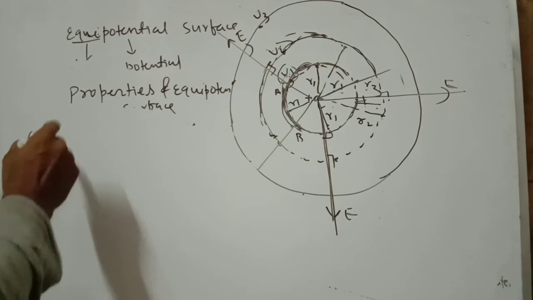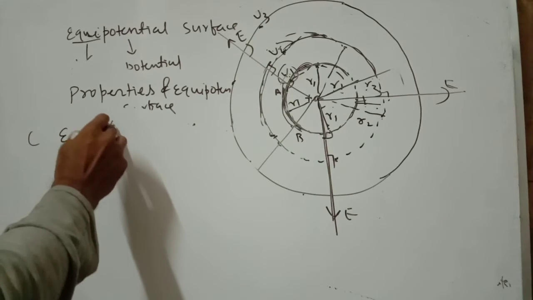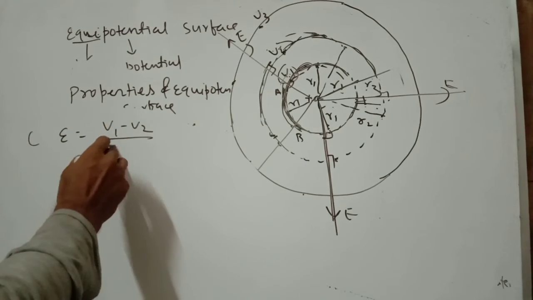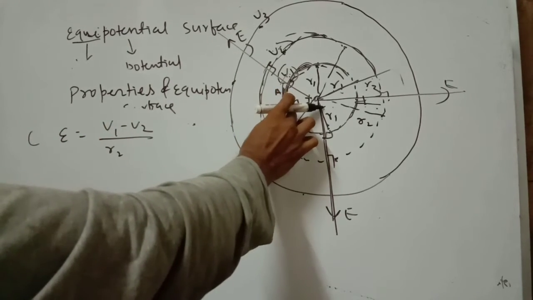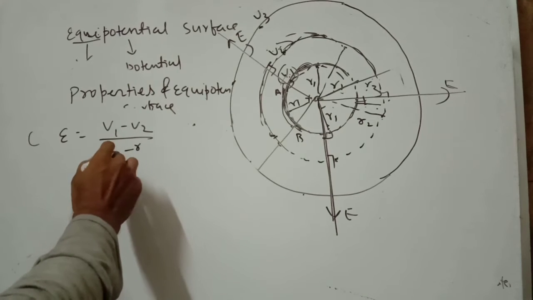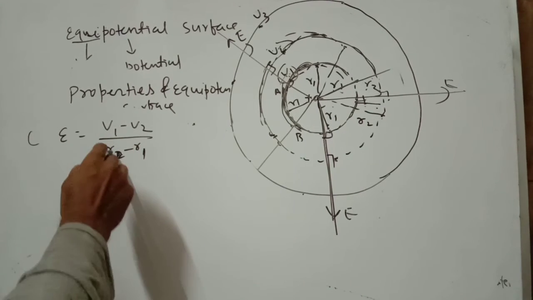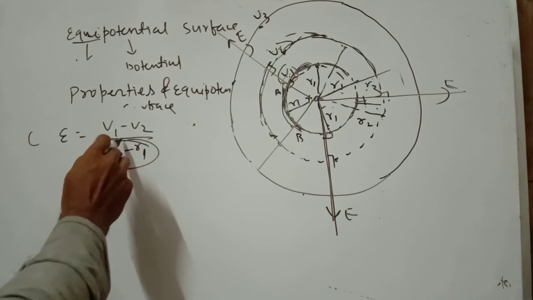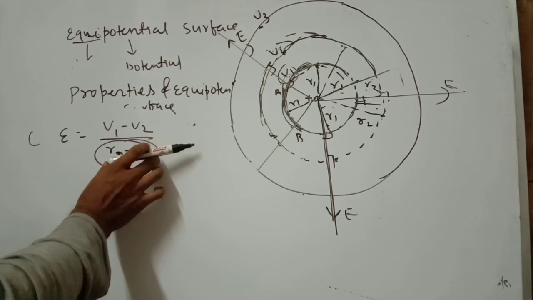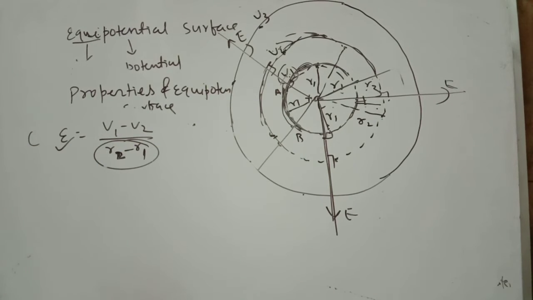So I already told how. Electric field is what? The potential difference divided by the distance between two equipotential surfaces. If the distance between two equipotential surfaces is less, then that means higher electric field. So you can write: equipotential surfaces are closer together where the electric field is stronger.